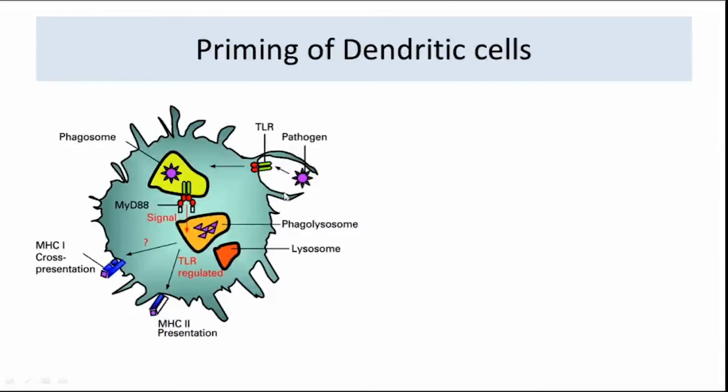The dendritic cell captures this pathogen and engulfs it in the form of a phagosome. In the phagosome, it digests it, fragments it, and subsequently these digested fragments, the parts of the pathogen, are being represented over the outer cell wall or cell membrane of the dendritic cell in the form of a